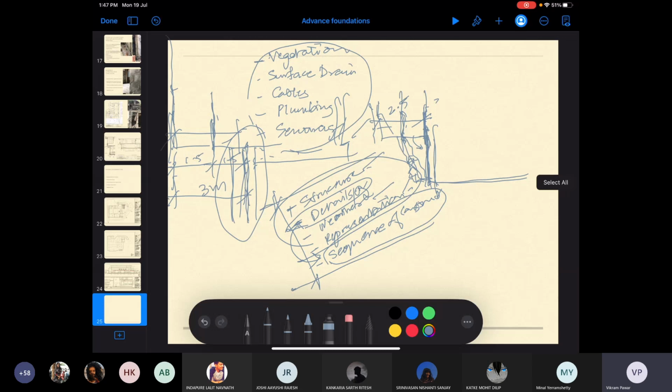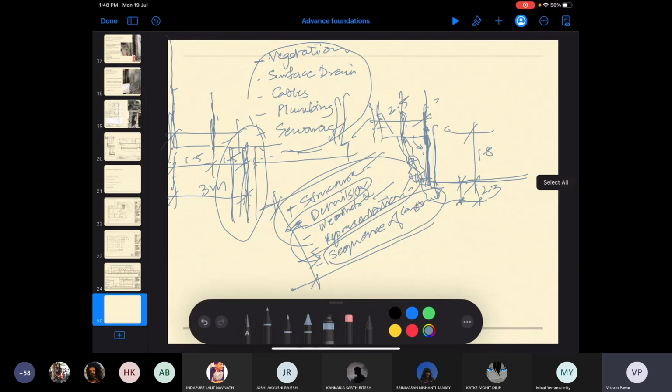If you are doing it from outside, then once you excavate, say this depth is 1.8 meters. Okay, the required depth is 1.8 meters, and you will excavate it because you need to have the raft and all that. You will excavate to a depth of say 2.25 meters or 2.3 meters. Okay, so once this excavation has happened, then what are the layers, what is the sequence of operations that you will go for?